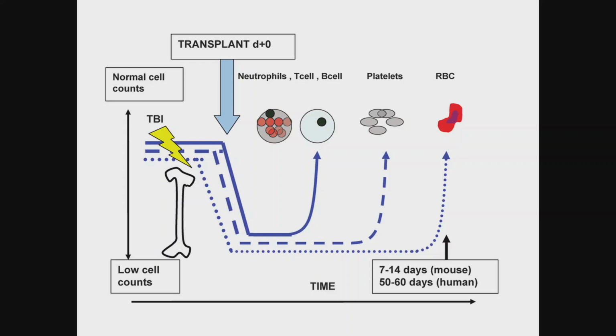Usually it's a little bit different between mouse and humans. In mouse, it's about 14 days, and you already have red blood cells and platelets and neutrophils and different kinds of cells. In humans, it takes about 2 months. I am sure that also in here you get advertisements all the time to come and check if you are a candidate to donate bone marrow for some patients. So if you are a candidate, when your bone marrow gets transplanted to the person that needs it, then within some days, it will start expressing, and within 2 months,